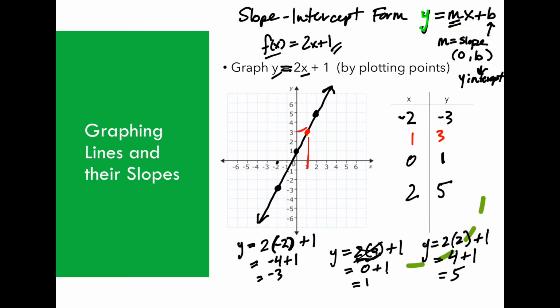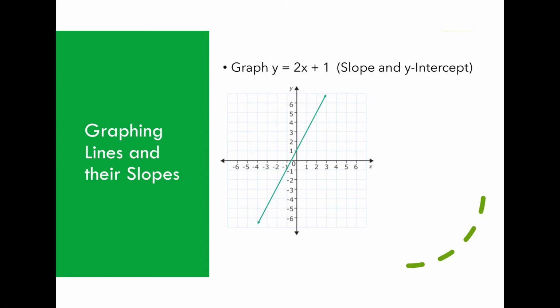But you plug in 1 for x, so y equal to 2 times 1 plus 1, we get 2 times 1 is 2, and 2 plus 1 is 3. So this is literally a display of every possible solution of that particular equation. And what we're looking at is the pattern that develops with that. All right. So looking at this line,